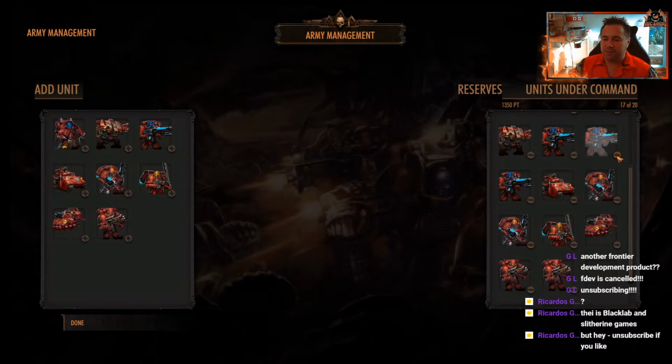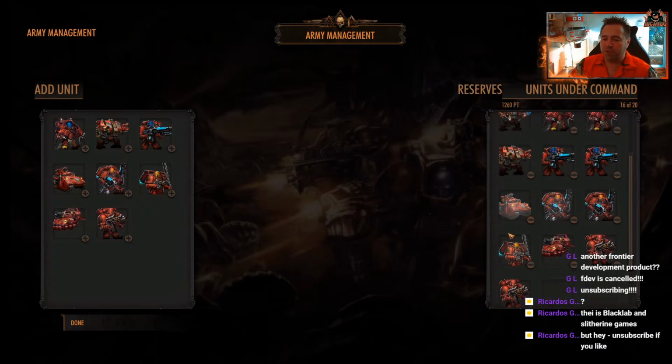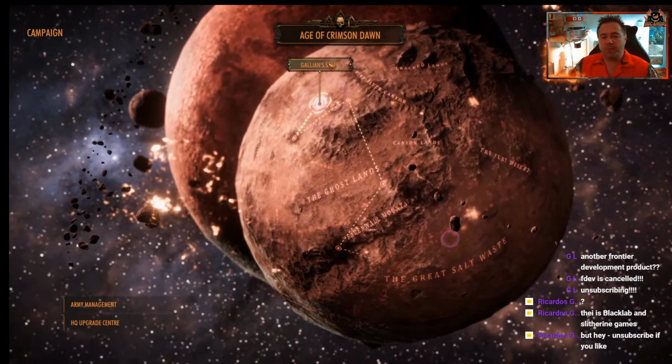Too heavy. Let's take out a Plasma. And we're close. We're close. And we've got quite a few vehicles there. So anyway, with that done, again, we go back into